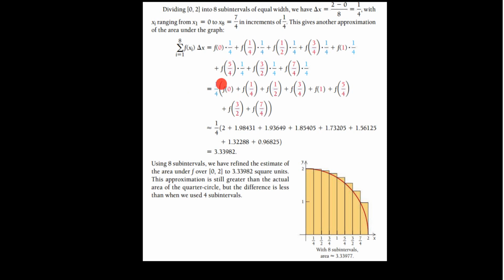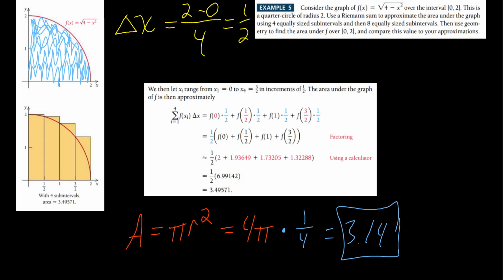So f of 0 is, and again, we can do this in our head. We did it before, right? 0 squared is 0. And it's 2. And then, of course, you take the function at each one of these values, and you end up with all these numbers. Okay, doing the arithmetic. Yeah, there's no way I could have fit all this on the screen. Doing the arithmetic here, we end up with 3.33. Okay, so by using 4 subintervals, right, using 4 of these rectangles, we ended up getting an area of roughly